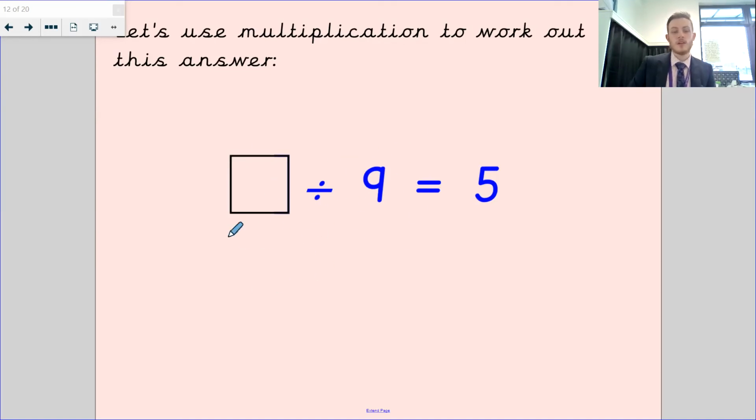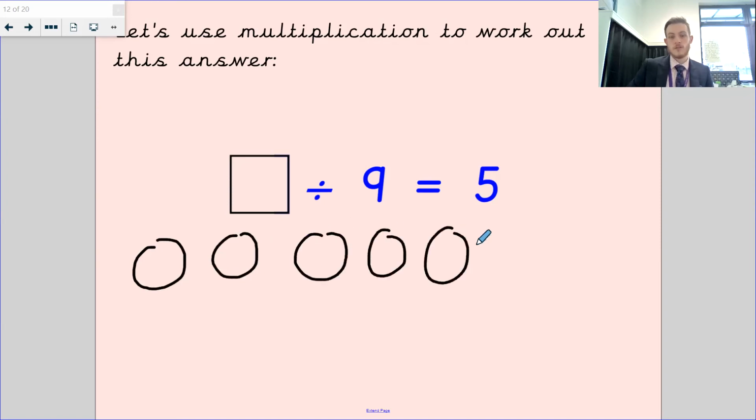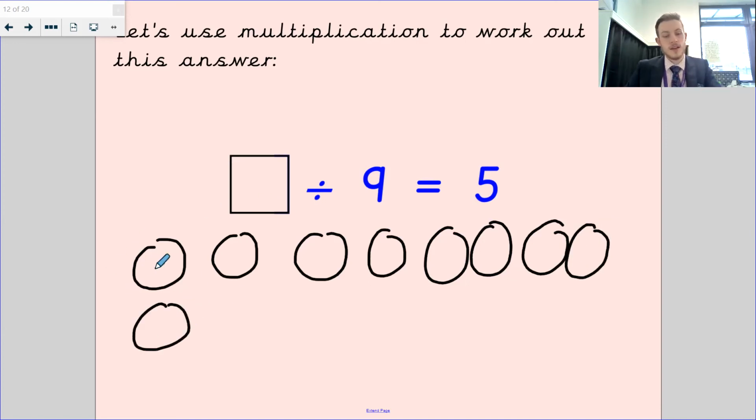So how many, there's a number divided into 9 groups, is 5 in each group. So I then need to do 1, 2, 3, 4, 5, 6, 7, 8, 9. Right, so I've got 9 there. I can't share because I don't know how many I'm starting with because I could just keep going. But I do know there's 1, 2, 3, 4, 5 in each group. So I'm going to put in my 5 in each group,